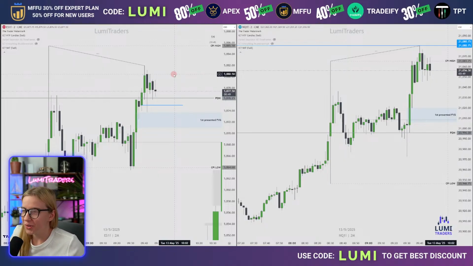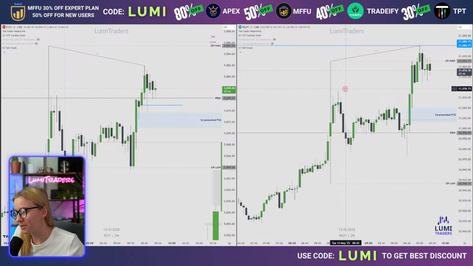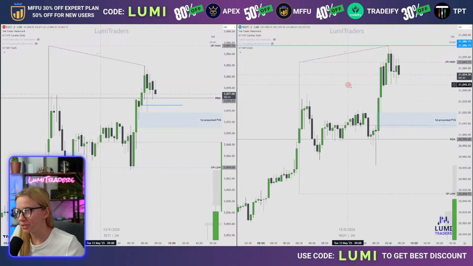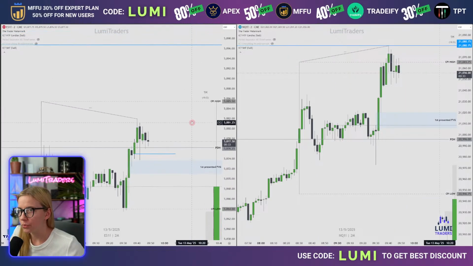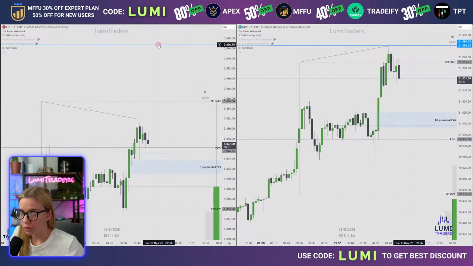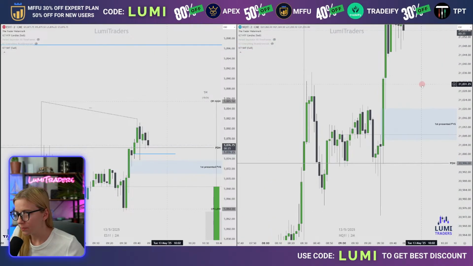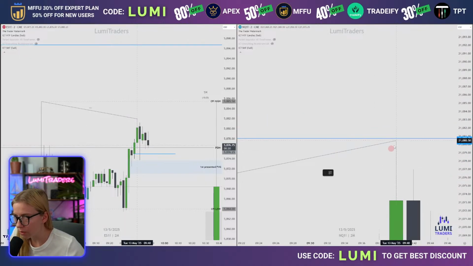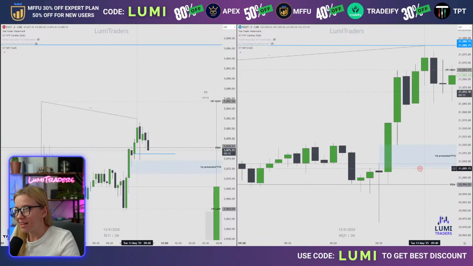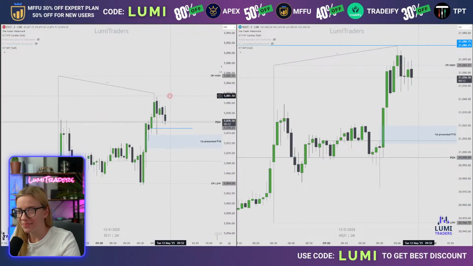Just get an indicator for fair value. No, it's going to highlight every single fair value gap. It's always annoying to have lots of levels on my chart. It should be clean. What is that blue line right here? It's the weekly breaker block. We have the same weekly breaker block, but higher. So far, we're sitting like 23 points away from this weekly breaker block. And right here, we did not really touch this level. As you can see, it was close enough, but one tick shy. I love it. Honestly, I love it.